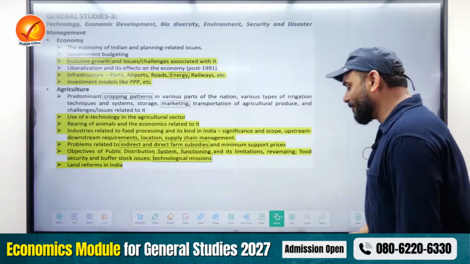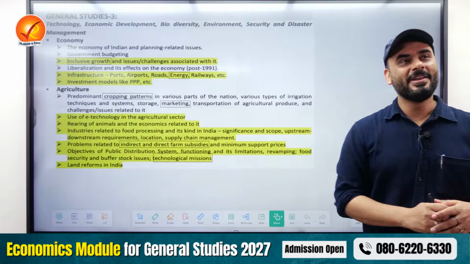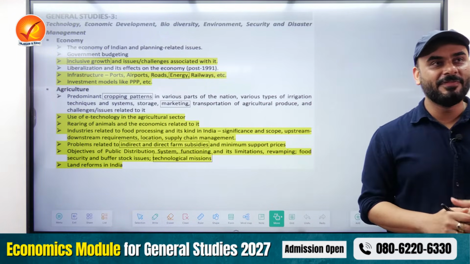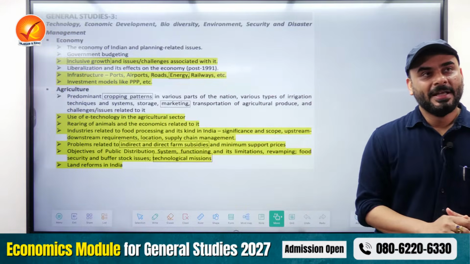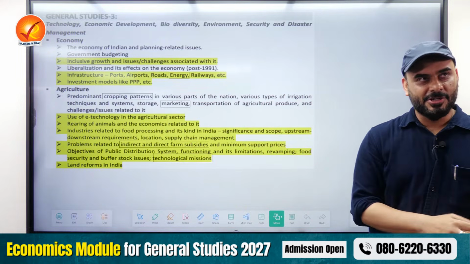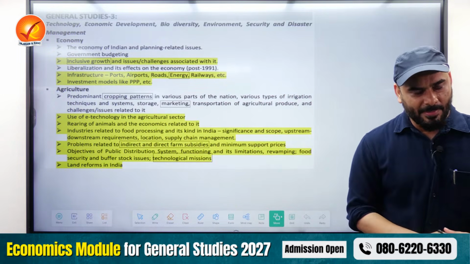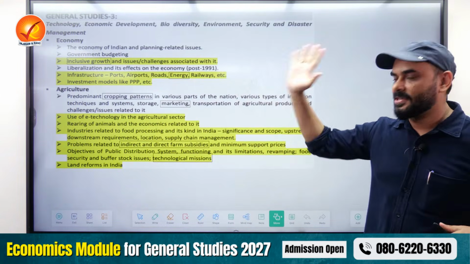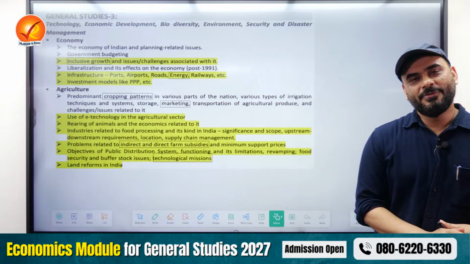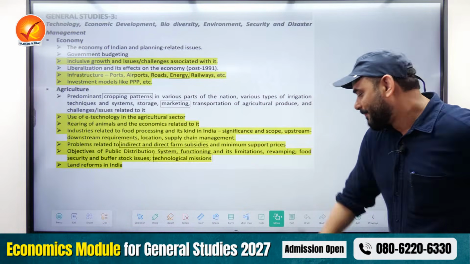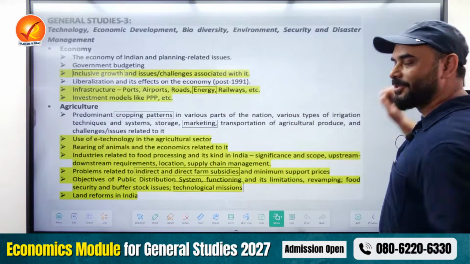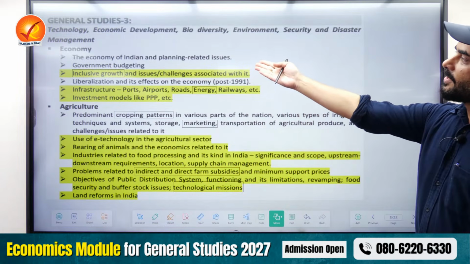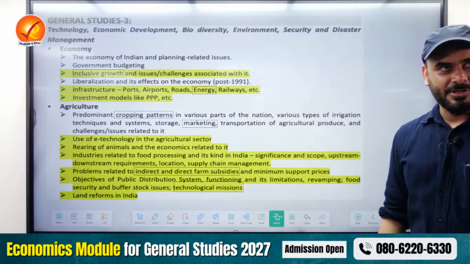Now comes the most important part, which is really going to help you and give you an idea about how the preparation for the exam should actually be done. I'm not saying that there is only one way to prepare, but one of the good, efficient ways to prepare is to start with the syllabus. What is the advantage of having a syllabus in hand? I'll show you, and you're going to be so happy when you see what happened this year because of the syllabus. See, this is your GS Paper 3, the economy part and the agriculture part.